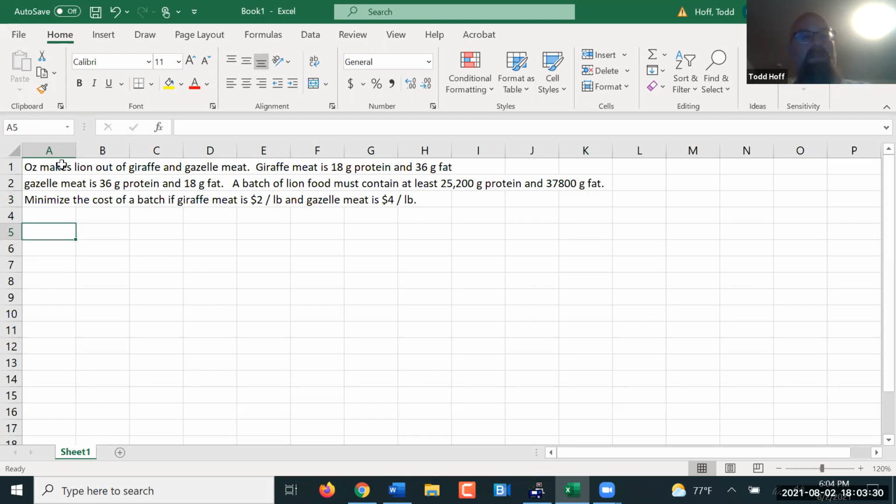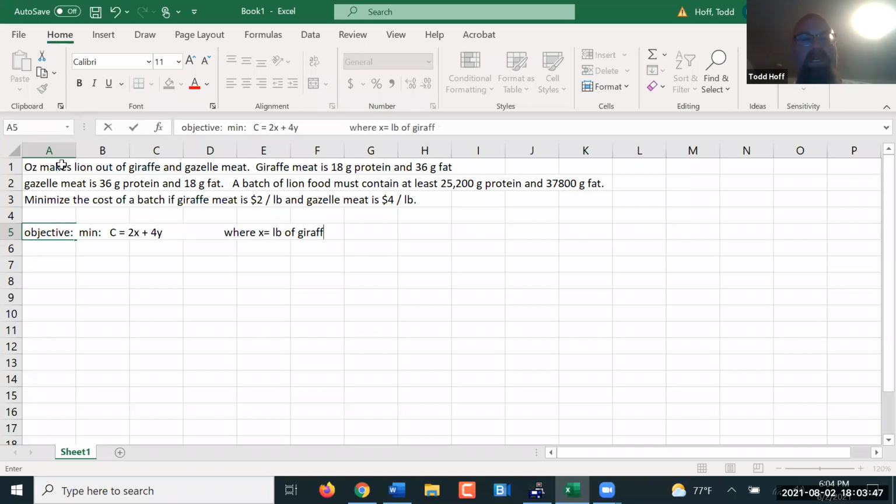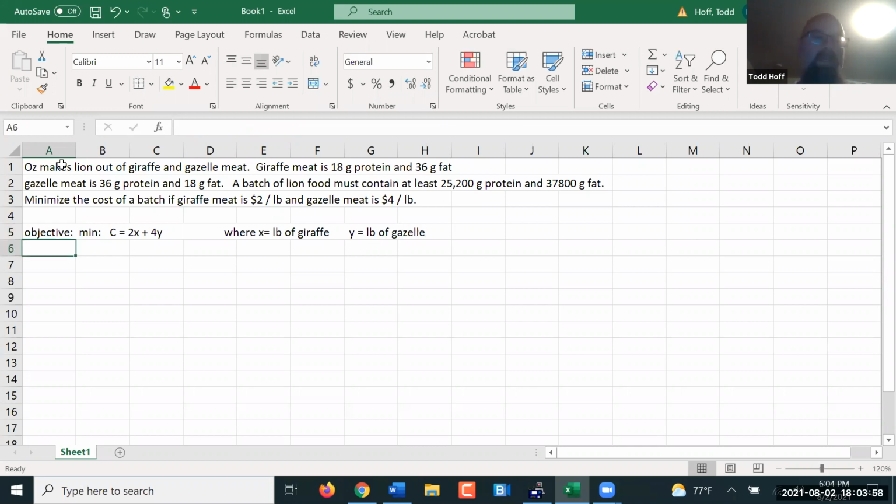So we have an objective function here, which is going to be to minimize cost of 2x plus 4y, where x equals pounds of giraffe meat and y equals our pounds of gazelle meat. Now our constraints, subject to,